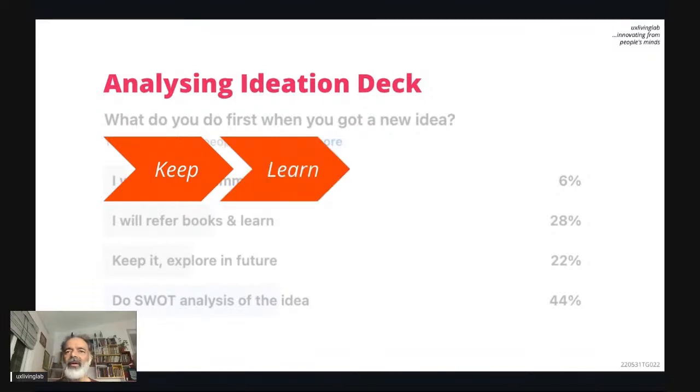Next, learn. When you record an idea, the next moment you have to start learning. The best practice is to keep the ideas in a list and refer to it every day. Every day, that is important. Tomorrow morning, the first step is to glance through that list of ideas. That is a personal ideation deck. You need not depend on your organization for an ideation deck. That's an organization-level ideation deck. That's okay, but keep your own personal ideation deck.